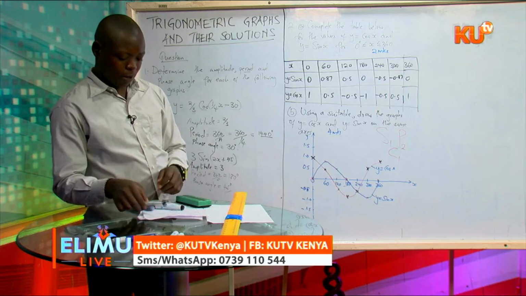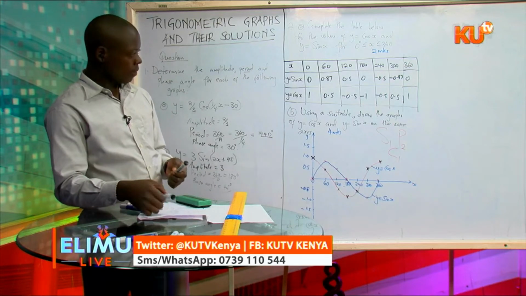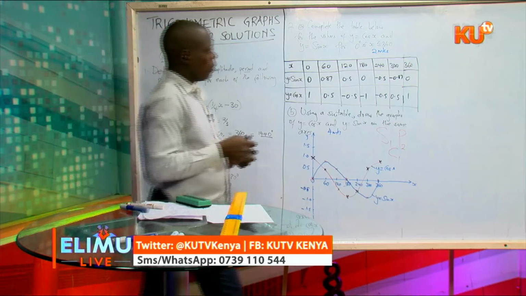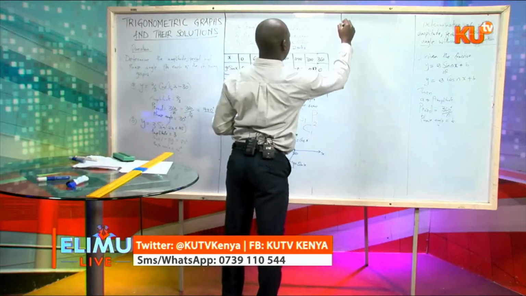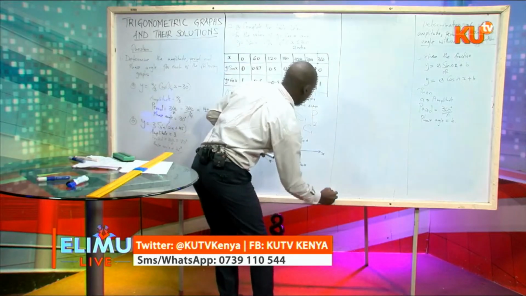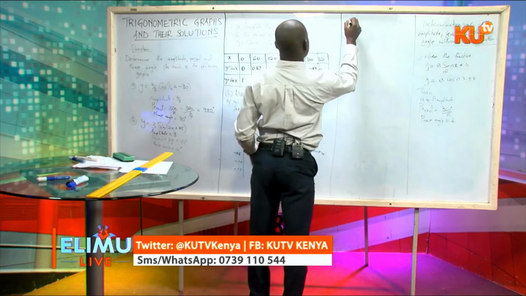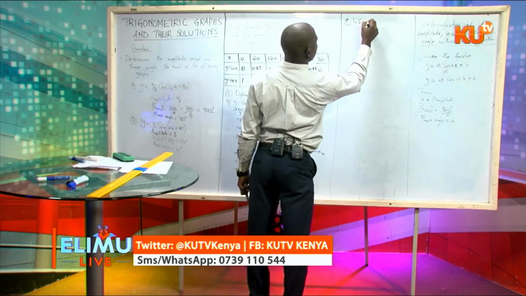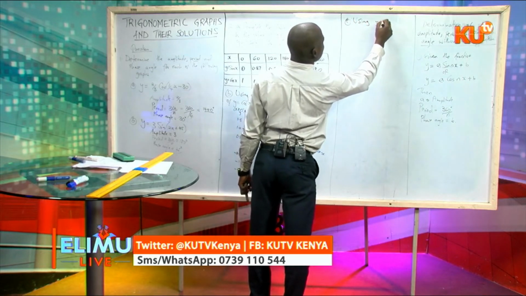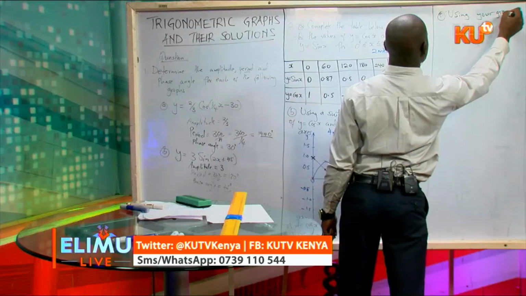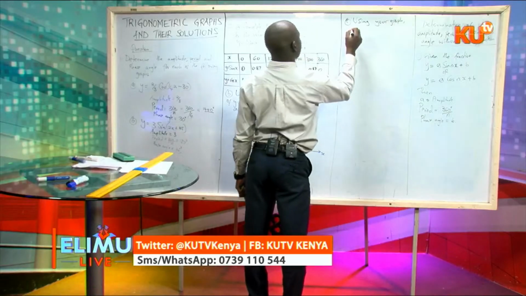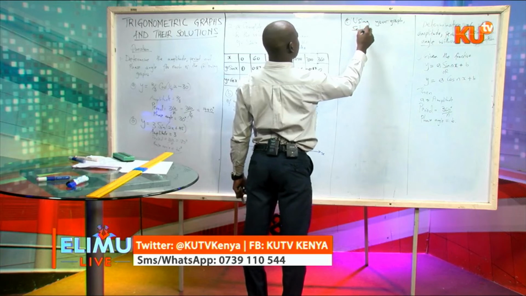Part C of the question will entail solution. So part C, you'll be told, using your graph, and again, it's using your graph, not my graph. Solve